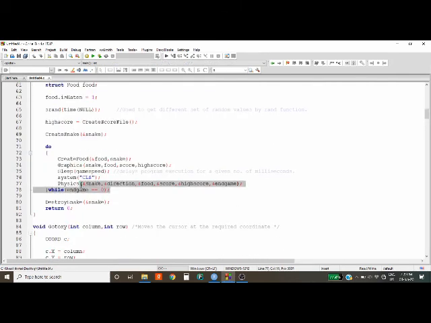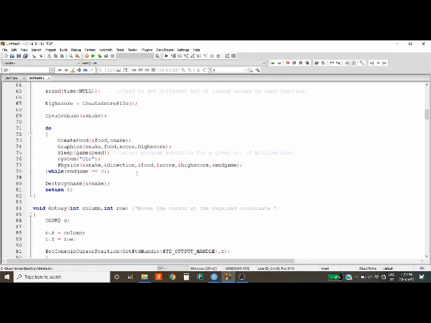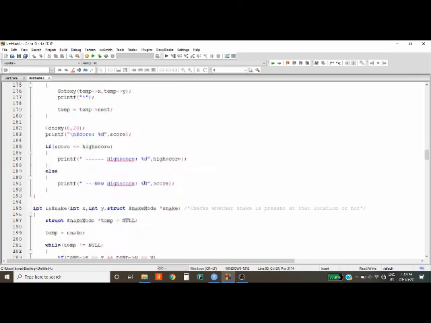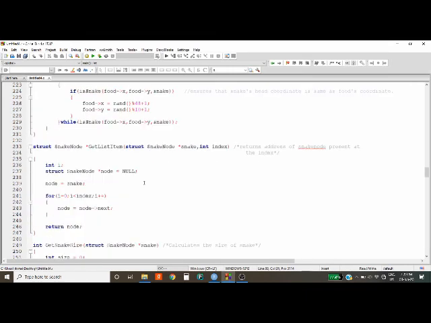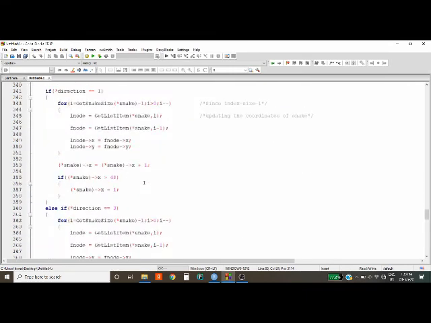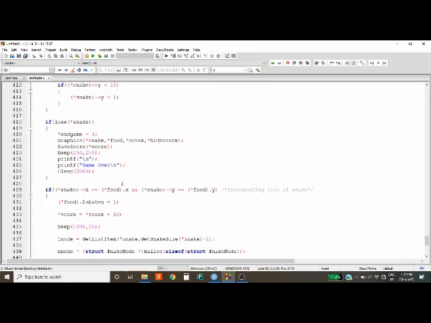See, while endgame is equal to 0 the game runs, and here endgame is 1, so my loop ends. That is, the border, food and snake all stopped. Why? Because somewhere the snake bit its own part, so that's why we have to end the game. That's why we stop the production of borders, food and everything. And with a beep sound, we end the game. Game over, sleep. This is again used to delay the execution.